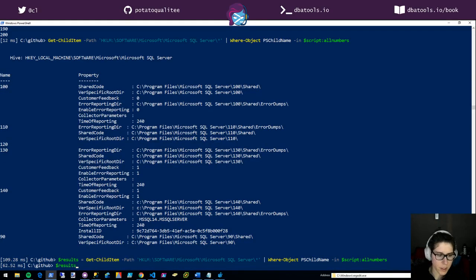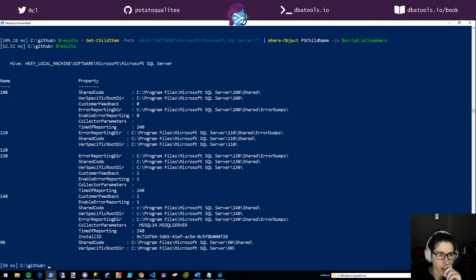So here are the results. And then I need to say for each result, version specific root dir. Interesting. Do they all say that? Version specific root dir 90. Yes, it goes all the way back to PowerShell 5, to SQL Server 2005. That's really nice, so I can just use that.